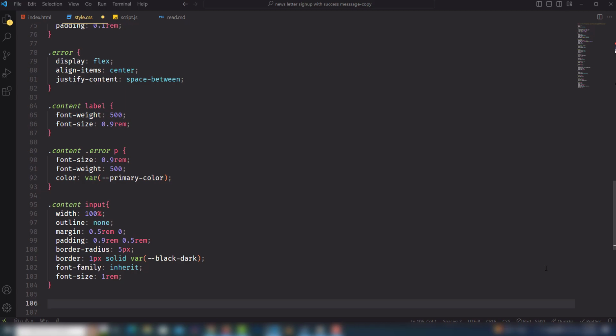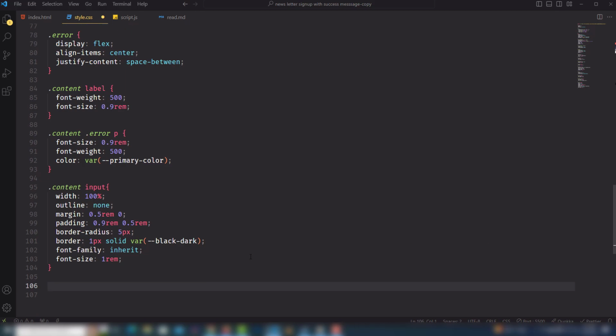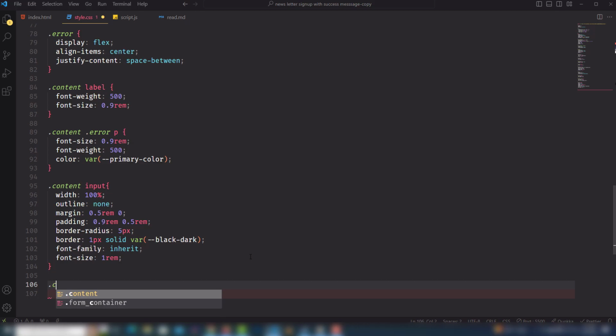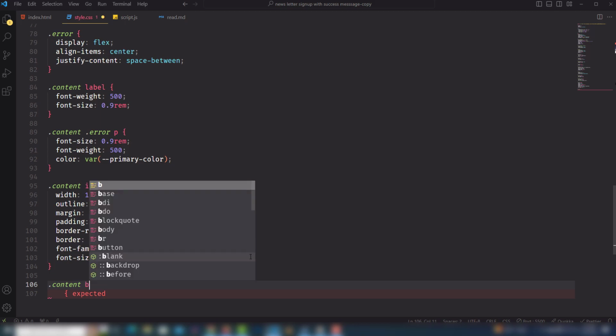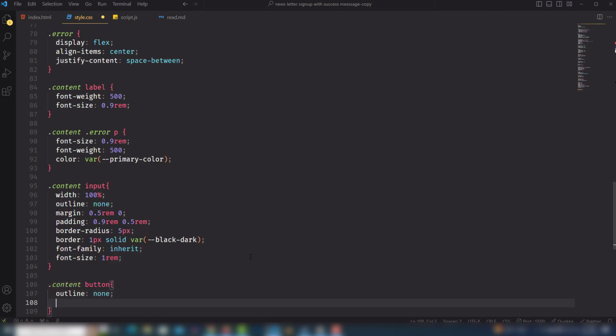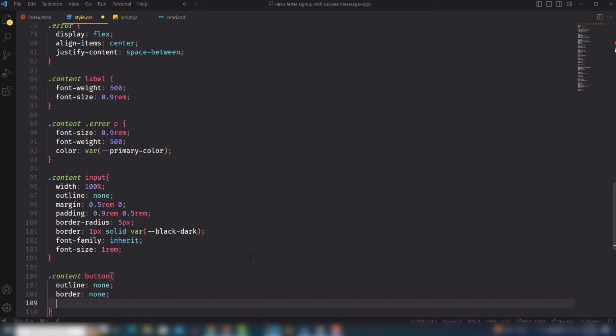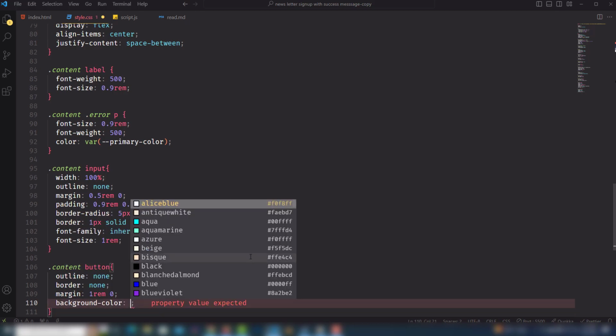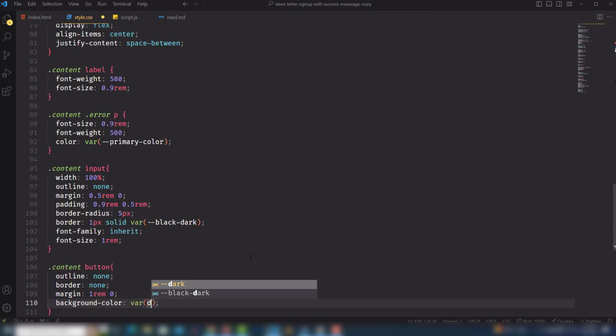After that I need to select the input field in a minute, I will manage it later, but this time I use the button tag. In the button tag I will use outline none, border none, margin top and bottom 1rem, left and right 0, background color black dark, and color is